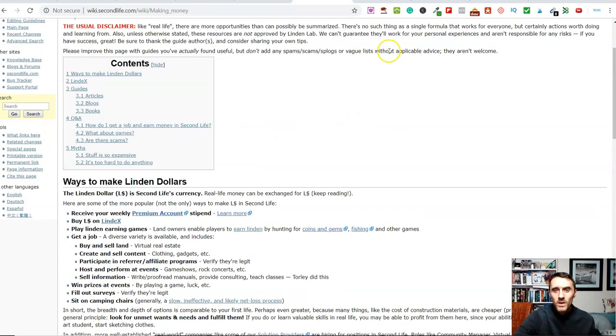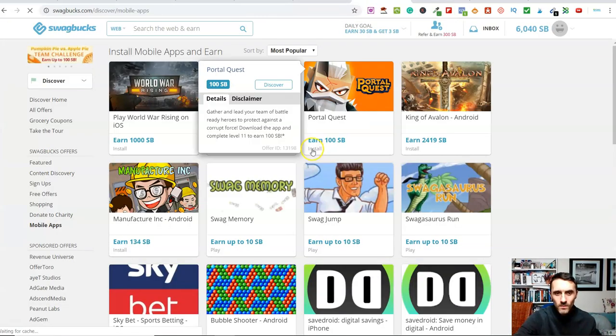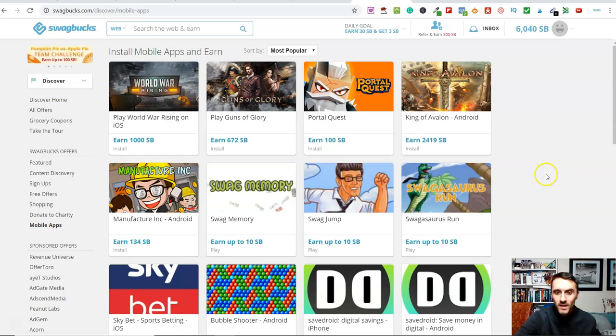The next couple of ways are really simple ways. The first one is this one over here. And I said to you, they'll get easier as we go along. So you have websites like Swagbucks, like Rapid Points, like InstaGC, and many more. How they all work is they will pay you to go ahead and download apps or play video games.